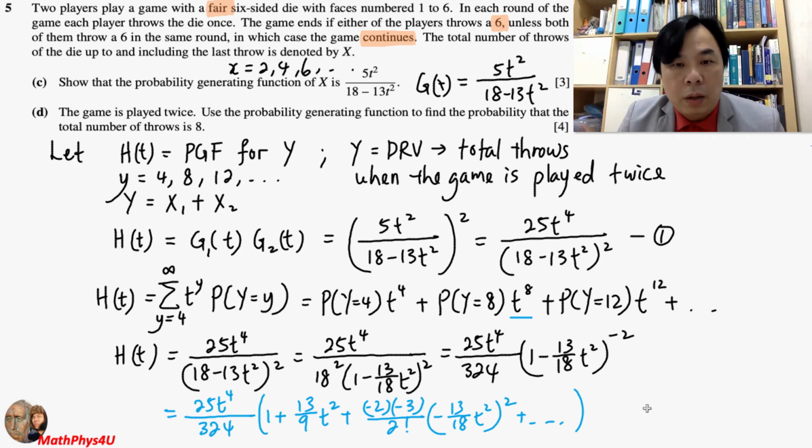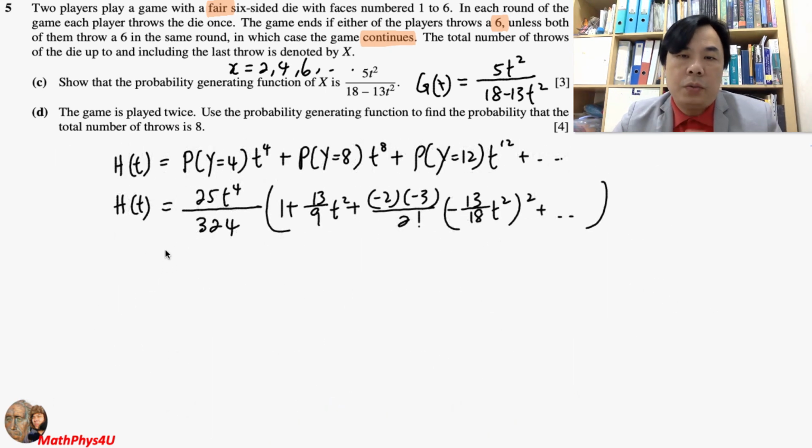Okay. Alright, now I'm going to pause here for a while. I'm going to proceed on with the binomial expansion, and then I'm going to complete that and by finding out the probability of y equal to 8. Okay, then pause here for a while. Alright, this is where we are. I just recopy the result that we have obtained previously. Now the first part is the definitions for the probability generating functions that represent the discrete random variable y. And then it can be obtained from this expansion using binomial expansion. And then I'm going to simplify this further. We have